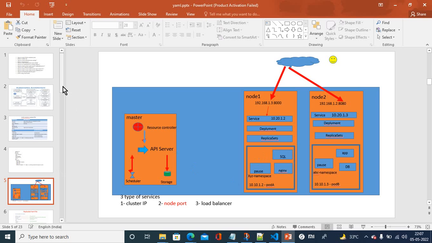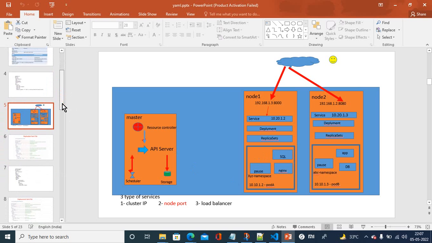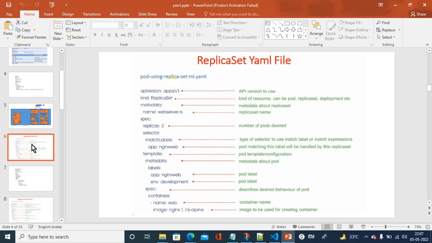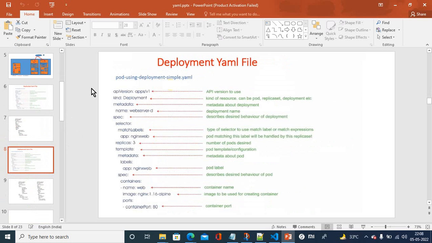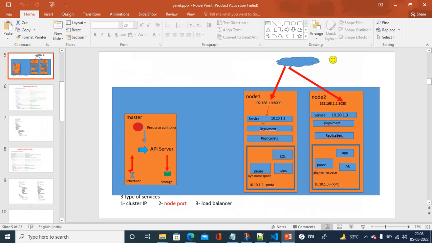Keep watching my videos to learn more about containers and Kubernetes. I will try my best to provide you the best things in the market on Kubernetes. So that was the replica set, and in the next video I will show you how to create a deployment, and after deployment I will show you how to create a service like cluster IP, node port, or